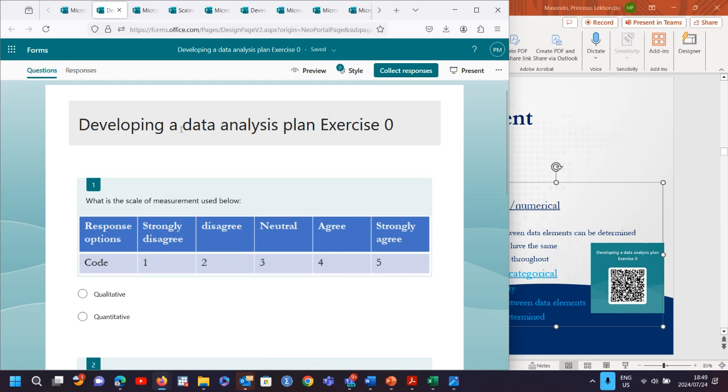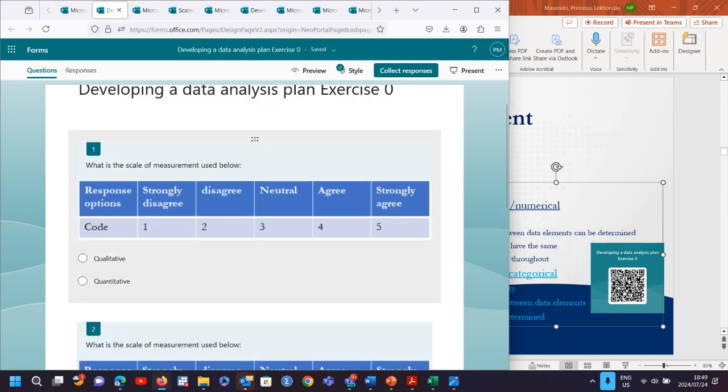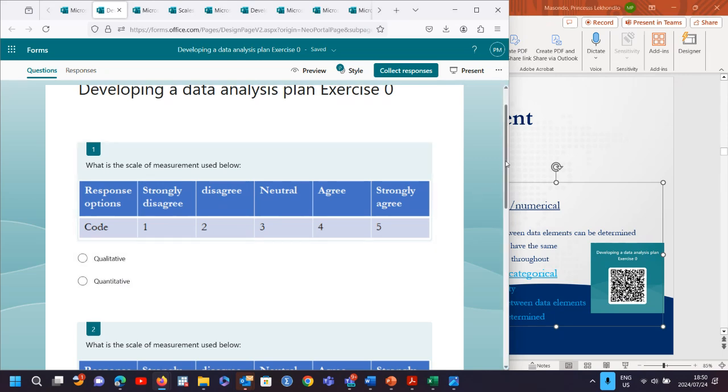Okay, for the sake of time, I'm going to go through the responses. So what you had to do here is look at the scale. You need to just say whether the scale is qualitative or quantitative. So what you have to ask yourself is, is this numeric or is this categories? And these are categories, because if we look at the attributes that we spoke about, for example,